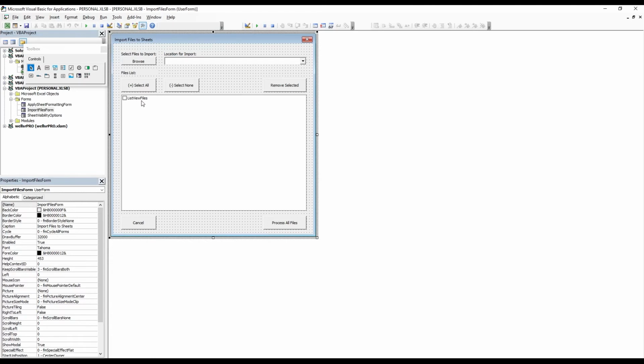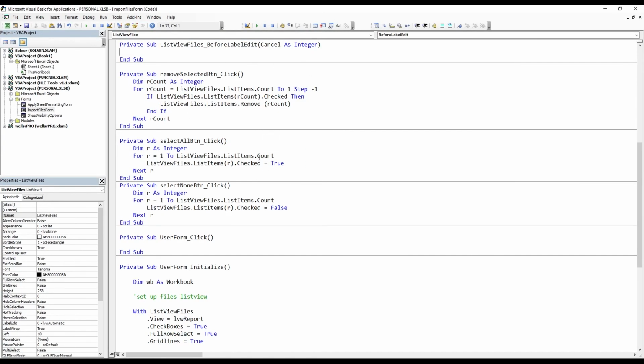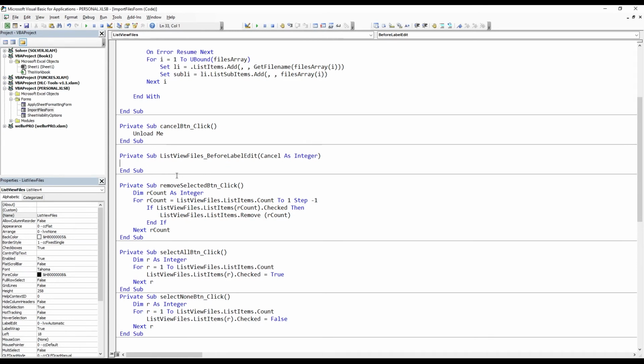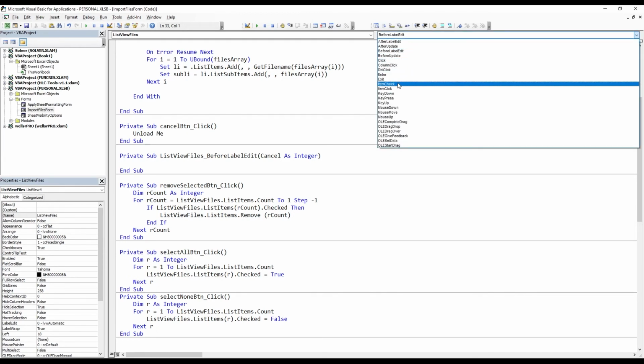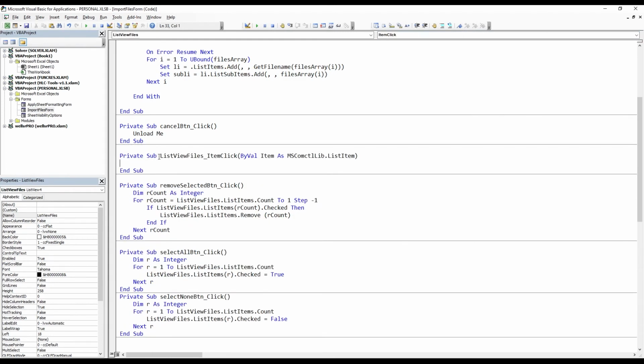And to do that, we're going to use the event of clicking on the list view files object. We can just double click on this here, and it created a before label edit, which is something that we don't need. What we need is item click. So I'm just going to go here and have item click. Just remove this one. This subroutine is executed every time we click on an item. So what we want to do here is just